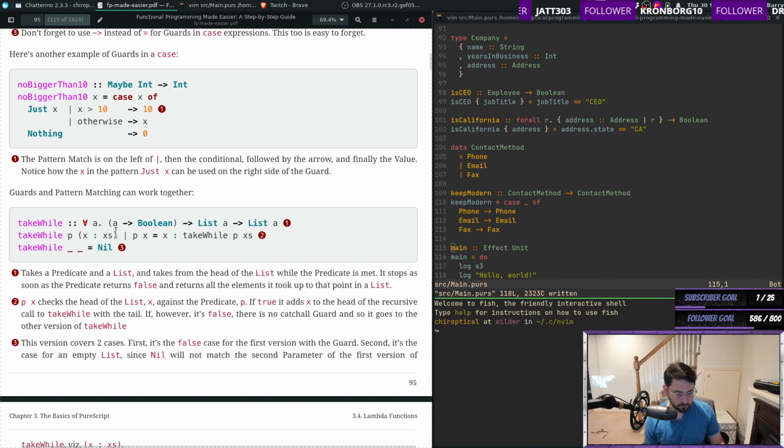All right, so here's the takeWhile function. So we have some predicate with a list, and we're going to return another list. So we pattern match out the predicate, pull out the head and the tail, and then we'll say